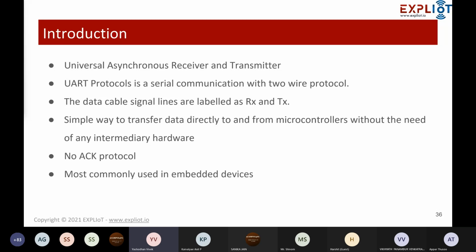So if you happen to work on an I2C interface, there is a lot of pain in getting the acknowledgement when you transmit something from a master to a slave or vice versa, right? If it is not there, again you have to resend a few things over there. So that is the challenge. But here you have direct hardware interfaces between the two systems or the two devices, and you are basically